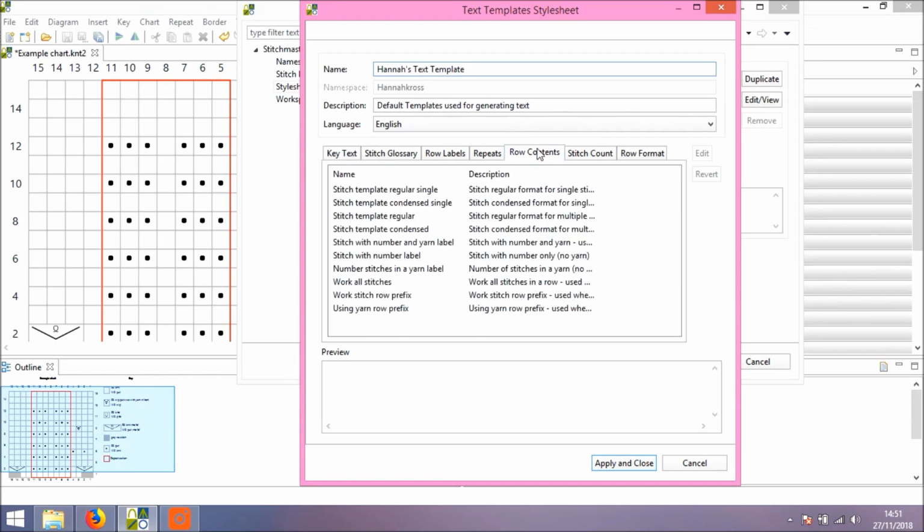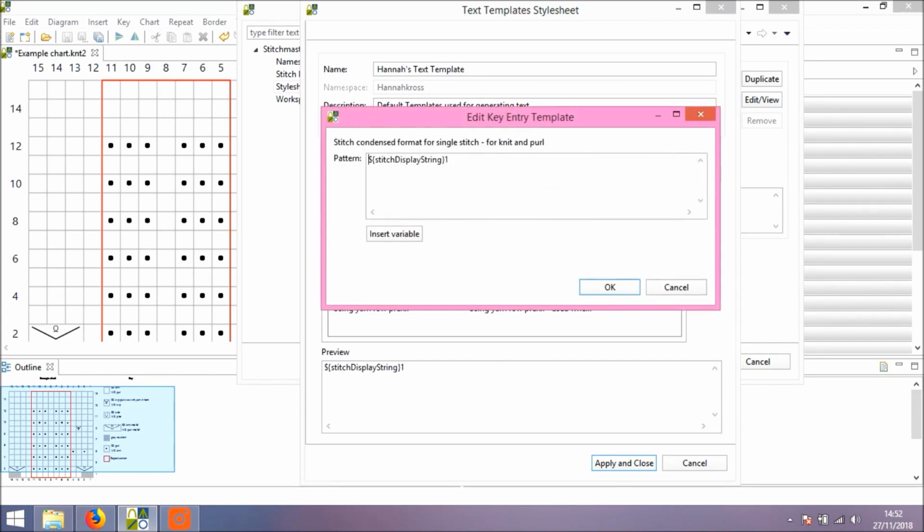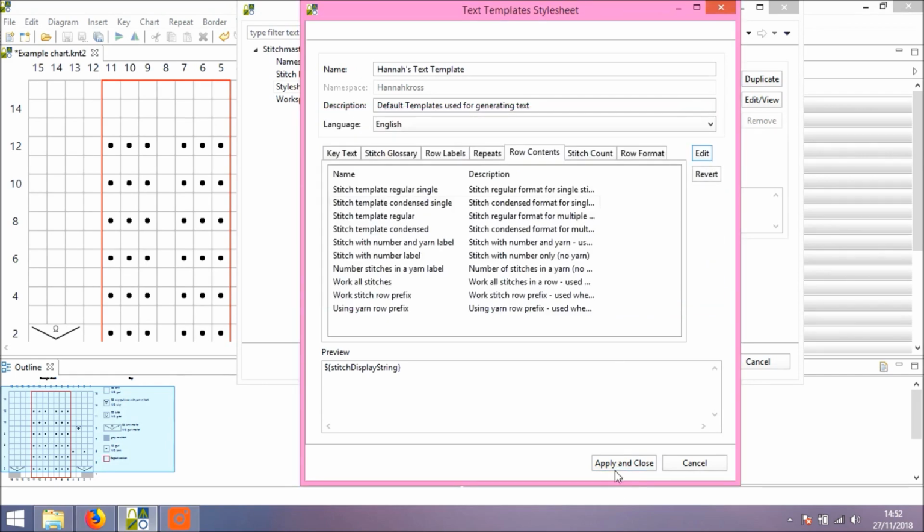So under row contents, we want to select the stitch template for a condensed single, and if we hover over, you'll see it says stitch condensed format single stitch for knit and purl, and in the preview we'll see that we have the stitch display string and then the number 1. So it's that number 1 we want to get rid of. So I'm going to pop over to Edit and then simply erase. So using the backspace or the delete button, erase that number, click OK, we'll click Apply